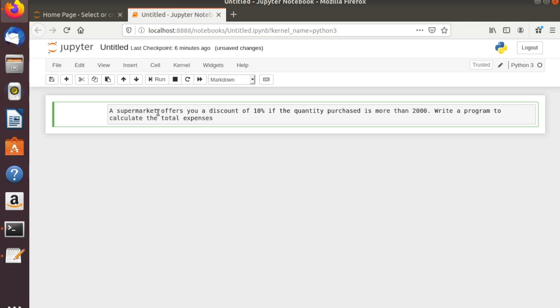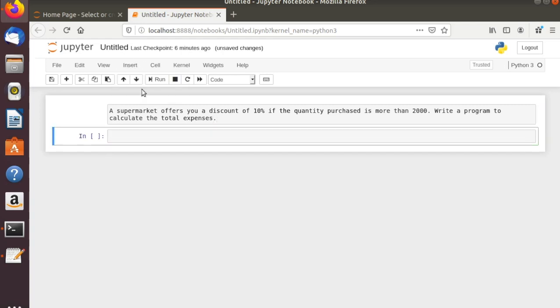Okay, so this is what we need to do. Let's do it. Insert cell below. Now this is a code cell. See, we will write code here. So we will take, say, quantity equals to,